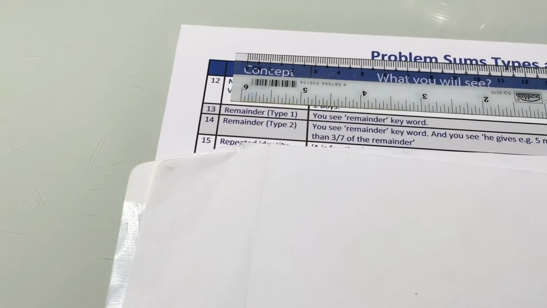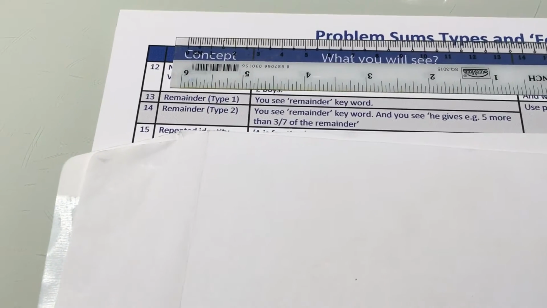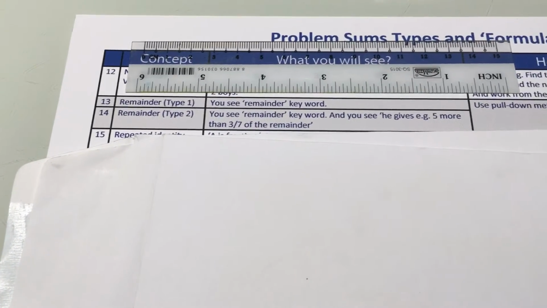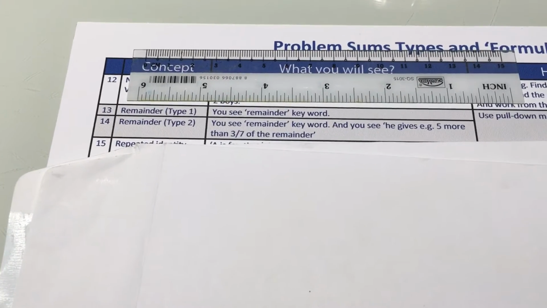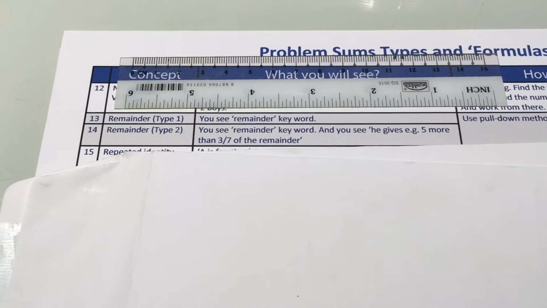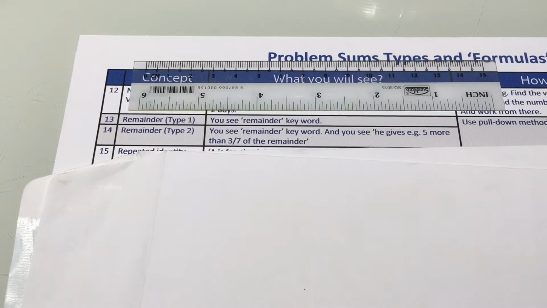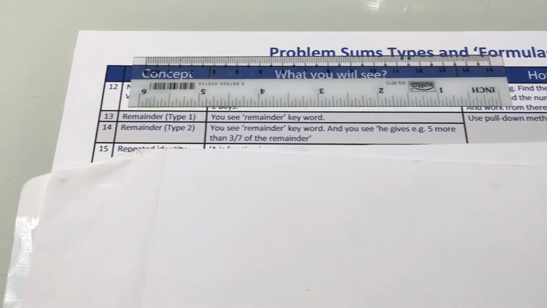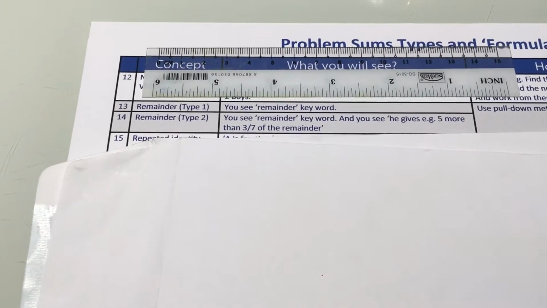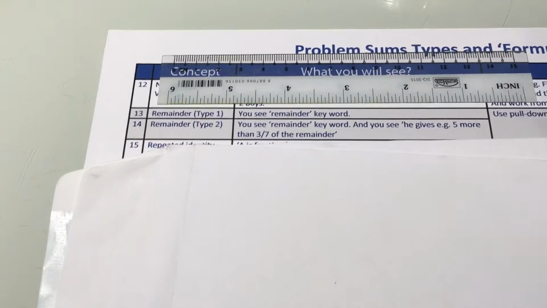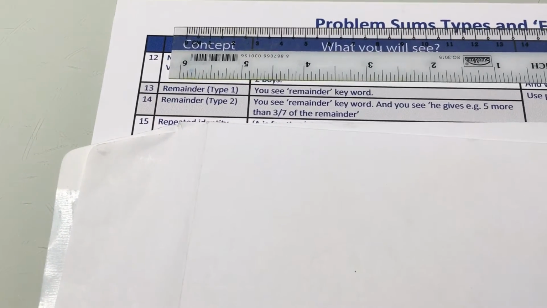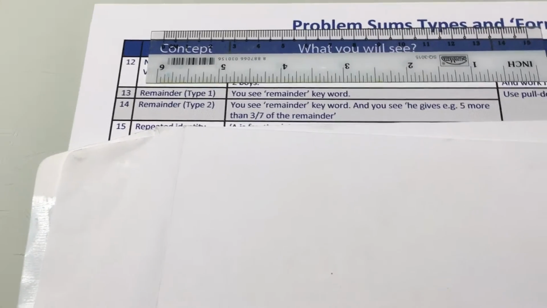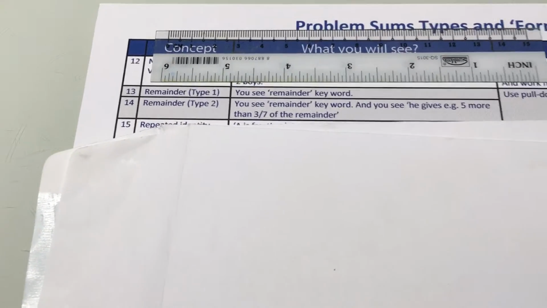Because a lot of times when a child sees a problem sum, they will treat it as an individual question and they will want to solve it. Again, one of the more effective ways is to know what is the keyword. So let's use this example, remainder. What kind of keyword do you think you will see? Yes, you guessed it right, it's remainder or remaining.